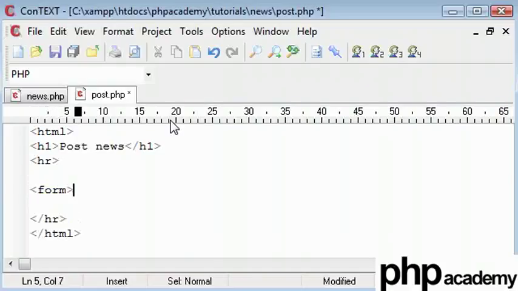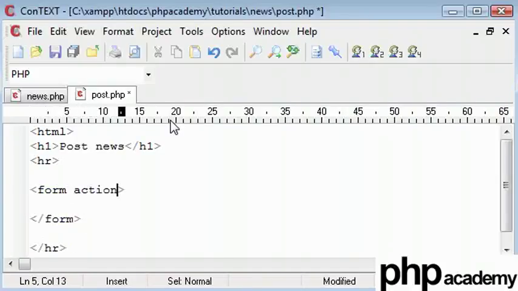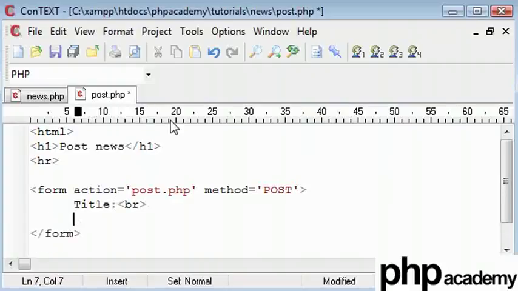form. I'm going to make it very, very basic. So we're going to start and end our form. The action, we're going to post to the same page and we're going to validate it inside there, and the method is going to be post. And then inside we're going to have, let's say, title, break down, say input type is text, name title, so that's